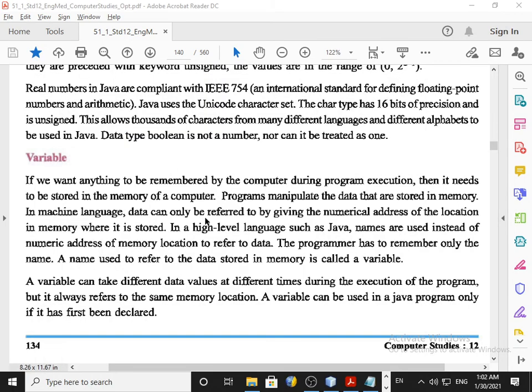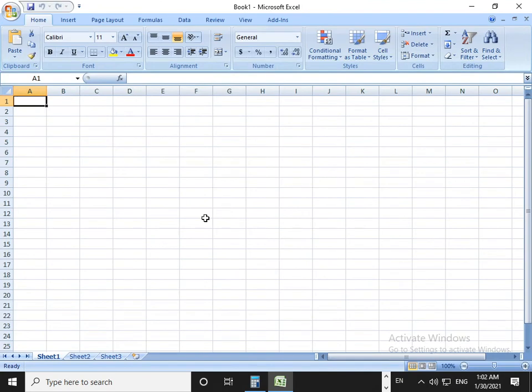For example, previously whenever somebody creates a variable, then actually the address works. For example, this is your memory, and I want to store 100. Then to store 100 I need to depend on address, like address of this 100 is 12AB55. Means to refer 100 I have to remember this.